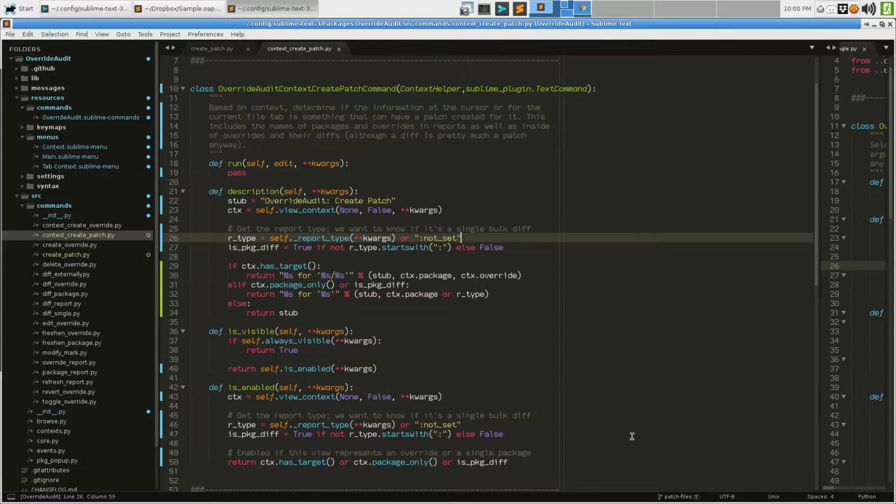So how do we figure out when the command is enabled? We get the context of the current view. Get the report type. This is a package diff if the report type doesn't start with colon, otherwise false. And that's because, as we saw in the previous thing, report type is a setting that override audit applies to all of its reports, and